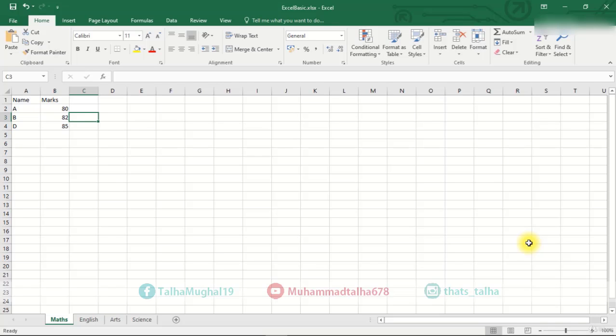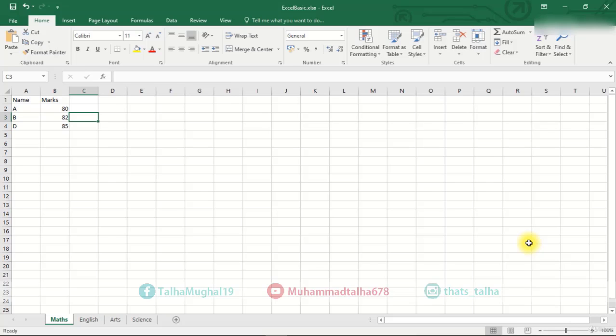Often we keep extra data in rows and columns or even worksheets. This data may not be useless. The data may have been used for calculations and we may not want to show these calculations, or the data may not be relevant to the person to whom we are showing our worksheet. For example, we may have an additional column of marks here containing midterm marks.